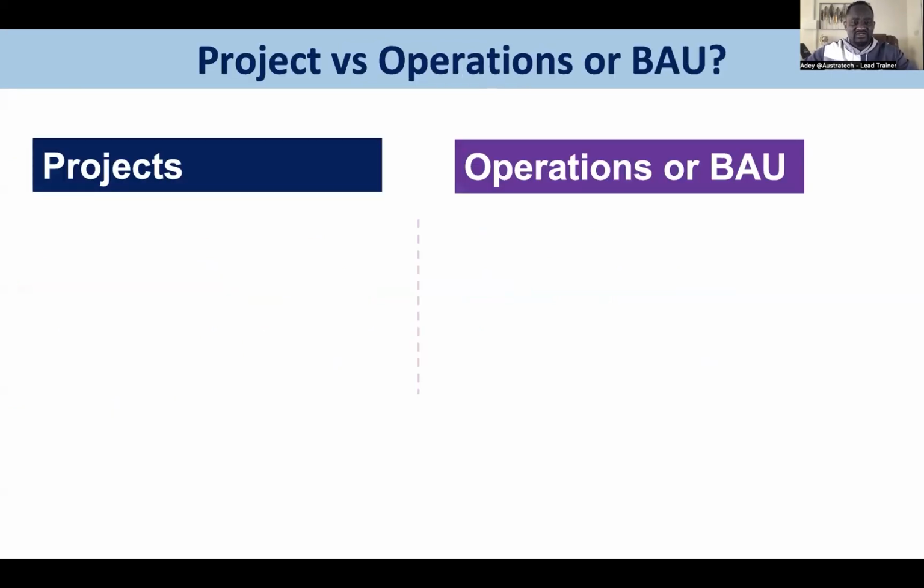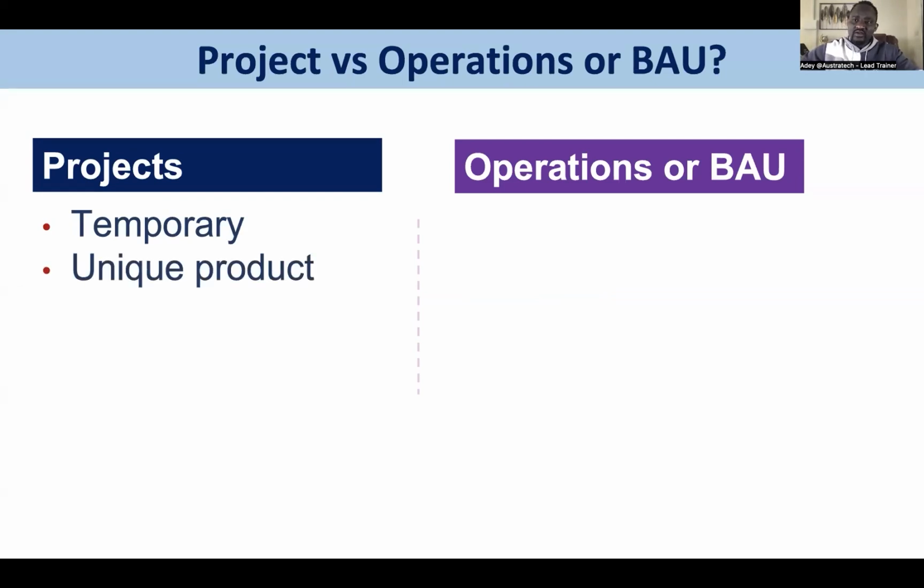One of the things I want to do as part of this process today, as part of this crash course into project management, is try to separate the concept of projects from operations or BAU. They are not the same. BAU, if you know it, the acronym means business as usual. Now, we have already established what a project is. We've established that it is temporary, it doesn't run infinitely, it will have a defined start, it will have a defined finish, it will also deliver one or more unique products or services.